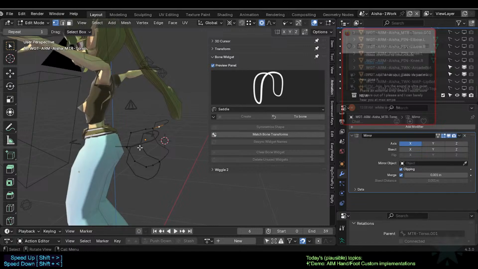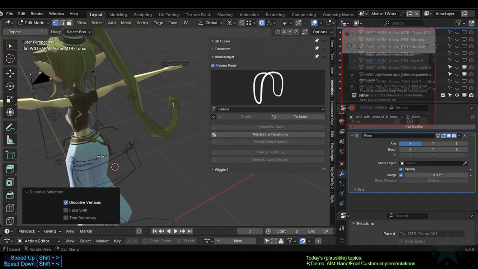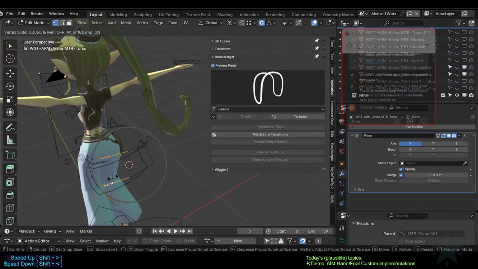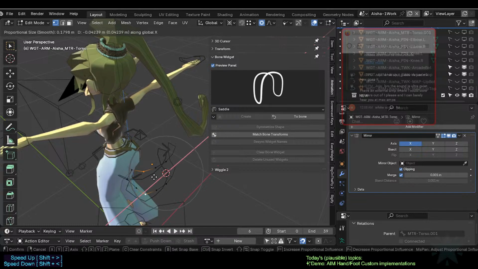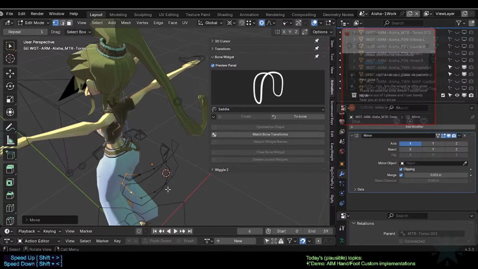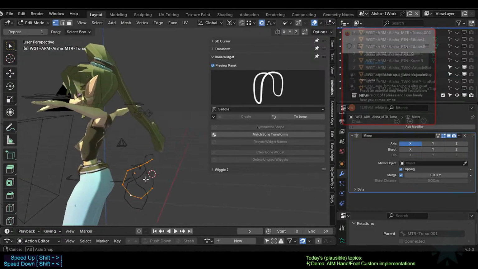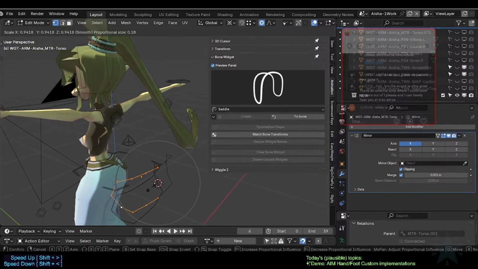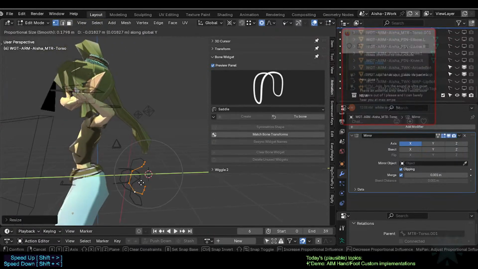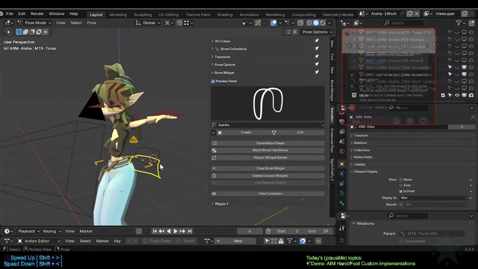This doesn't need to be symmetrical in every aspect. Okay, then we match. Okay, it doesn't work, so